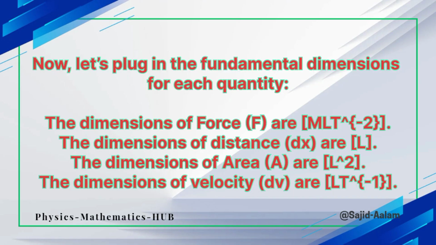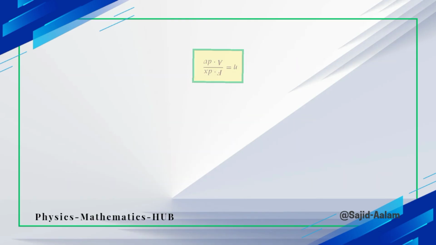The dimensions of force, F, are mLt to the power of -2. The dimensions of distance, dx, are L. The dimensions of area, A, are L squared. The dimensions of velocity, dV, are Lt to the power of -1. By substituting these into our rearranged formula, we get